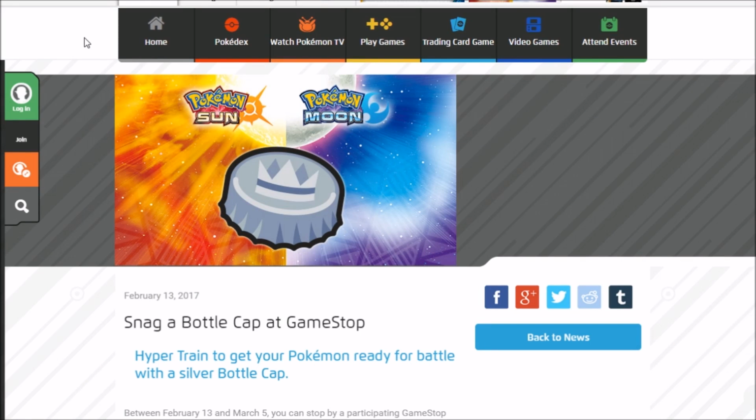What is this? Pokemon, I demand an explanation as to why on my screen I see a silver bottle cap as an event. You're telling me that if I go to GameStop, I do not receive a Pokemon, but I receive a lone silver bottle cap that I have to trek all the way to a GameStop to then get a code, to type in the code, and my reward for all of that is just one not gold bottle